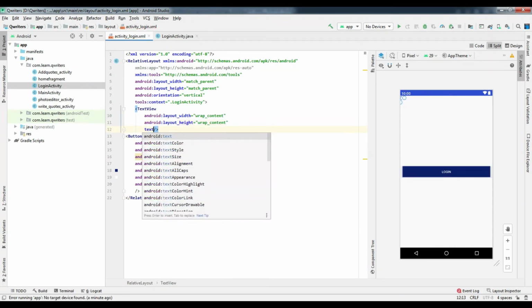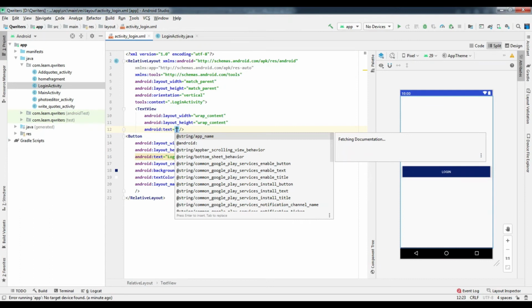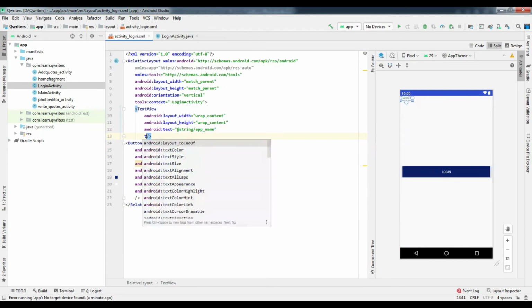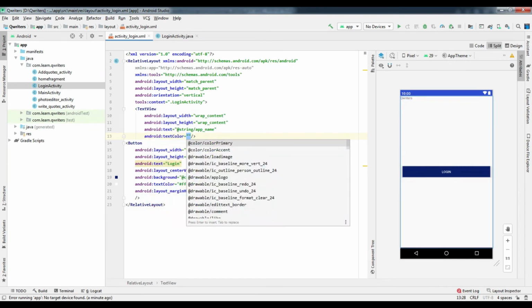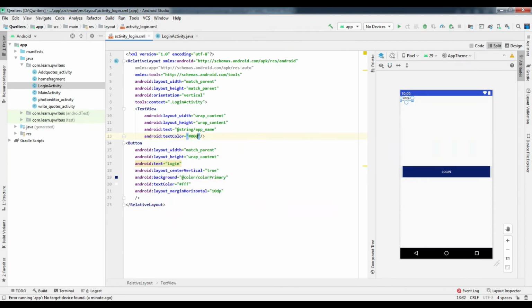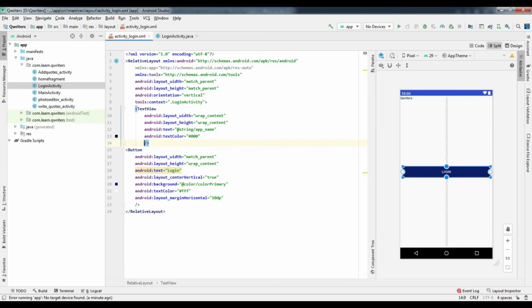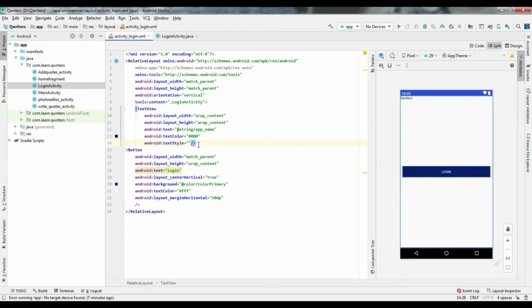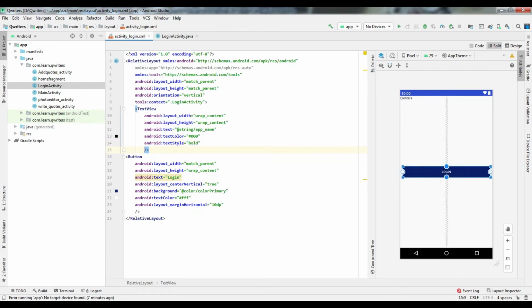Let's give the text as our app name. The text color is black, so hash 000. Next, the text style is bold, so we'll change the text style to bold.